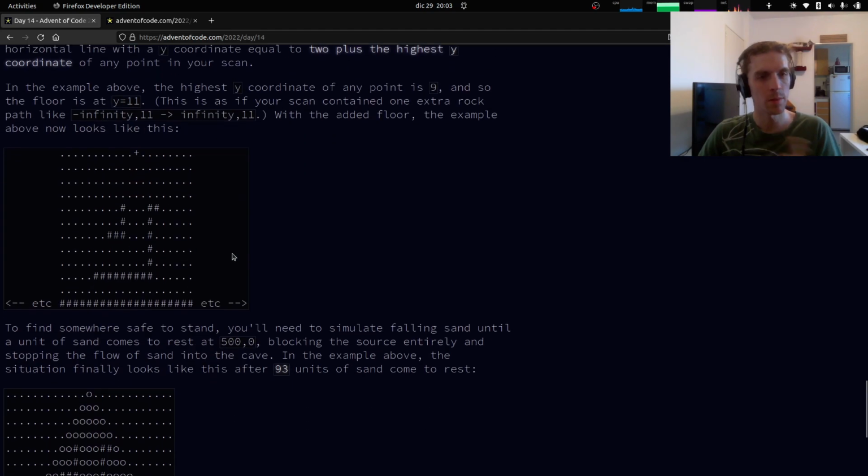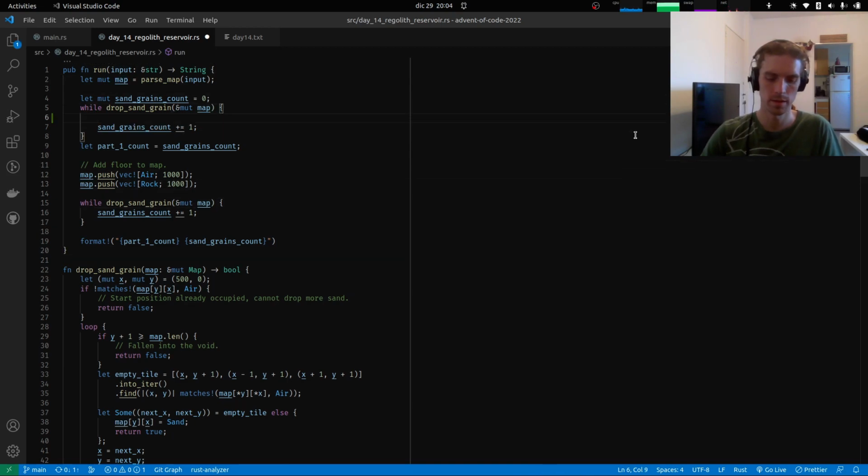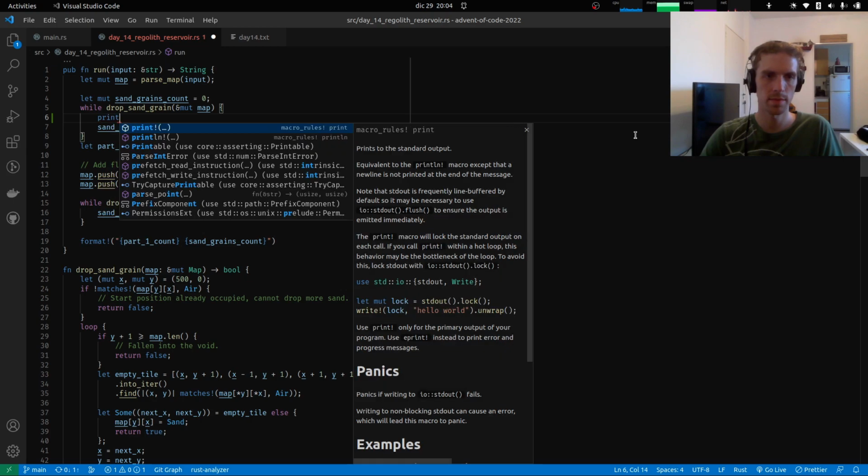So I want to see this in action, like moving. So maybe we can do that by printing the state of the map after each grain of sand is dropped. So here we have the dropping of the sand grains for part 1 and then for part 2. So I guess we could insert some, like, print map here,